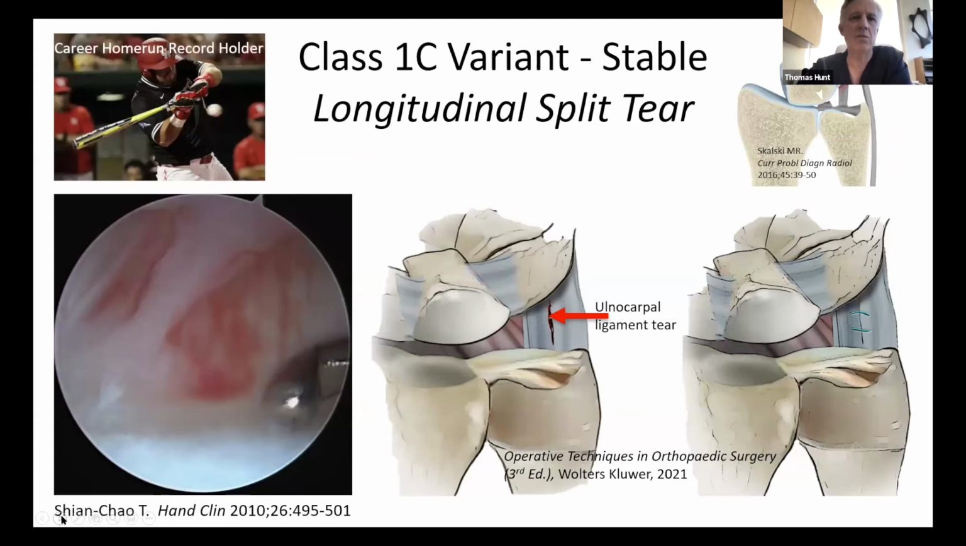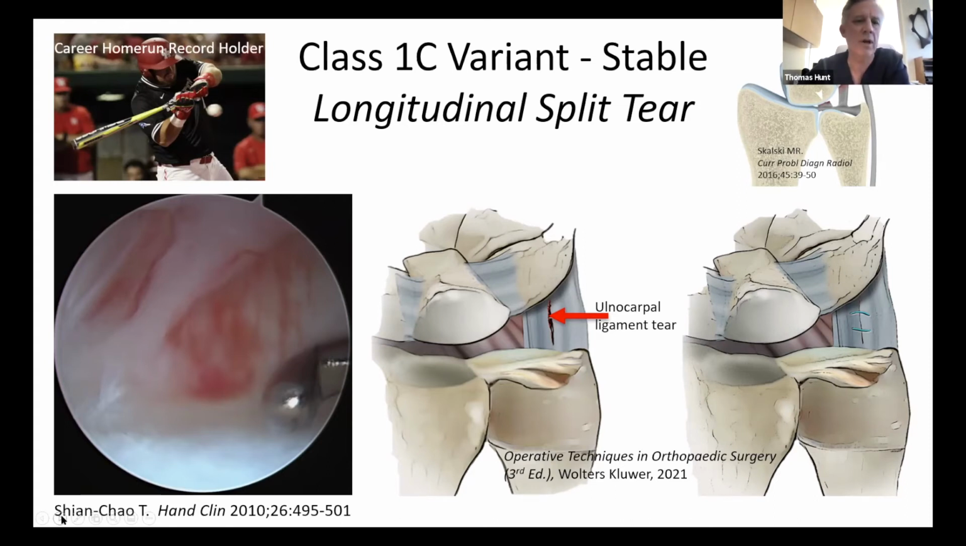We took him to surgery, and this is a variant of a class 1C tear. Class 1C again involves the ulnar carpal ligaments, as you see at the top right. But this was a longitudinal split tear as described by Dick Berger and others. And you can see at the bottom left, the typical injection of the volar ulnar ligaments is seen through the dorsal